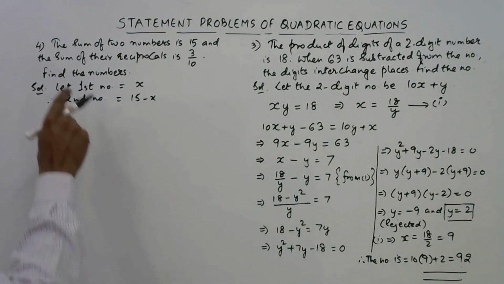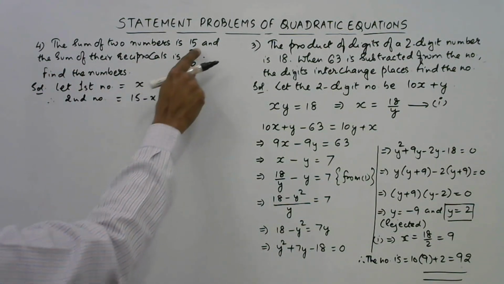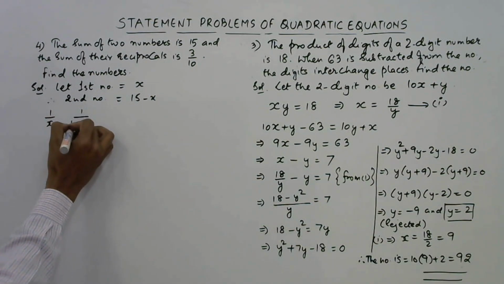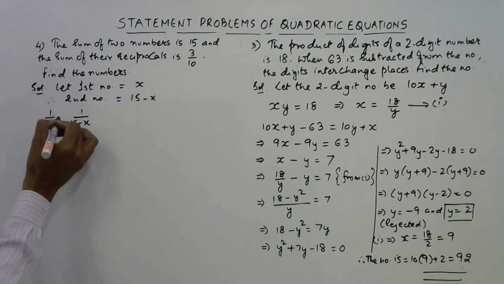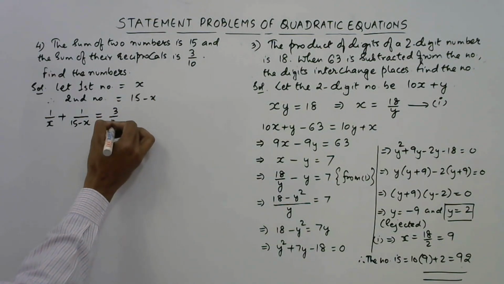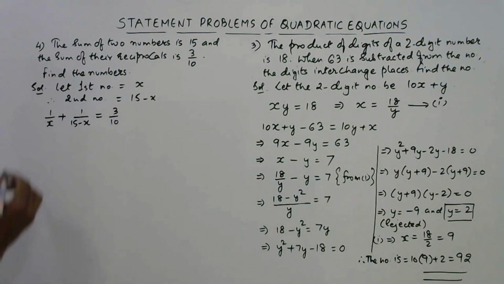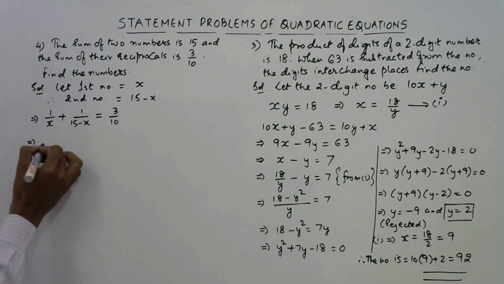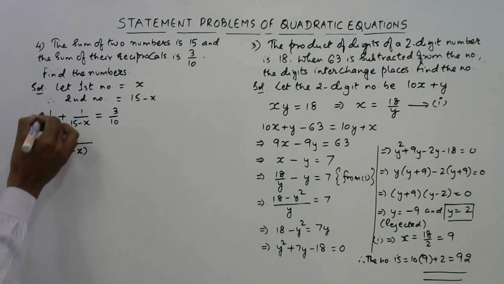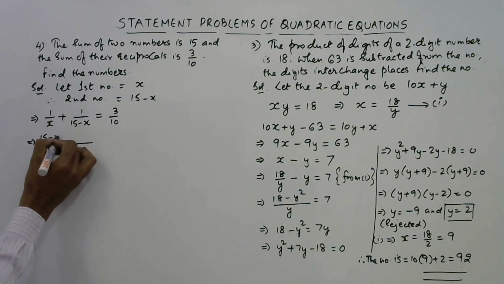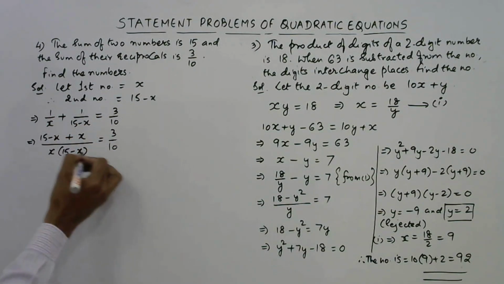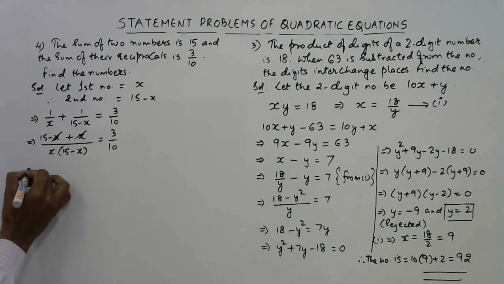What is the second statement? Sum of their reciprocals is 3 by 10. So take the reciprocals 1 by x and 1 by 15 minus x. The sum of these two reciprocals is 3 by 10. And here you have the equation which you need to solve. So take LCM, the two factors x and 15 minus x both will come in the denominator. And 1 into 15 minus x is 15 minus x plus 1 into x is x equal to 3 upon 10. So x cancels out,